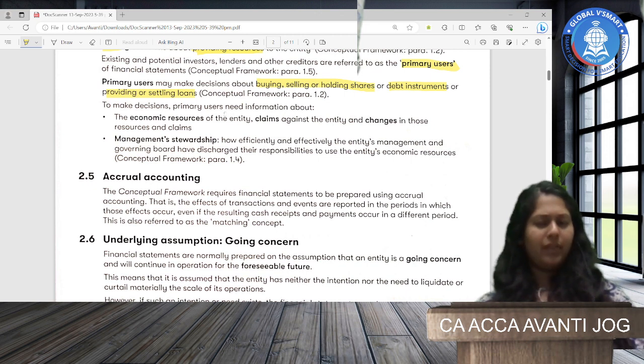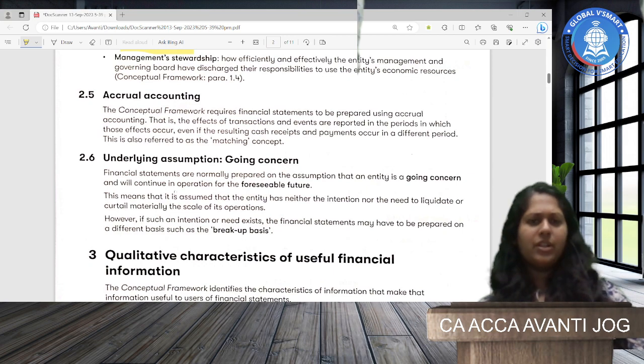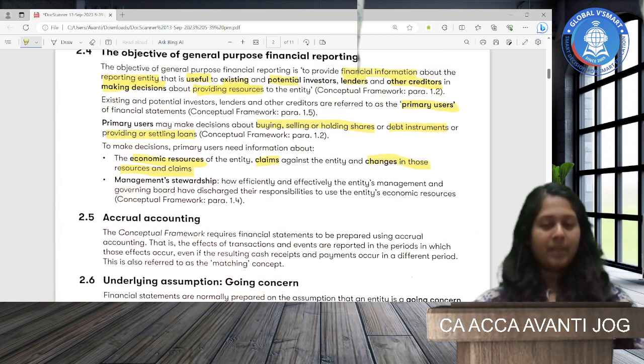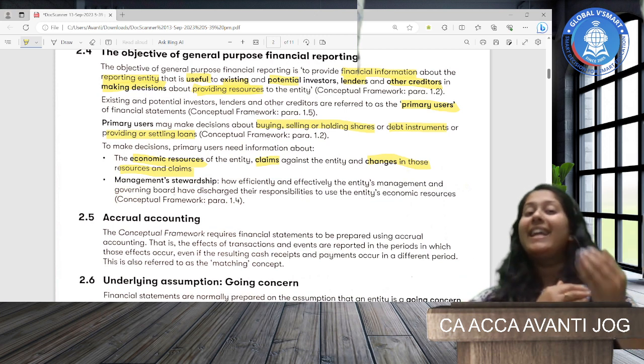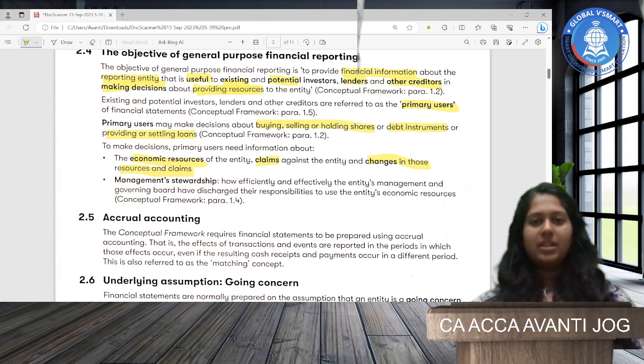To make decisions, primary users need to know about... So, what exact information, financial information, do they need? The economic resources of the entity and the claims against the entity. So, when I ask you what exactly claims are, I think you should be able to tell me liabilities. So, if claims are liabilities, economic resources would be assets. Correct? And a change in the resources and the claims. Now, a change in the resources and claims is basically how much the assets and liabilities are changing in this year. So, the difference between assets and liabilities, what do we call it? Equity. So, basically, how much are the assets and liabilities changing? That means how much the equity is changing in this year,